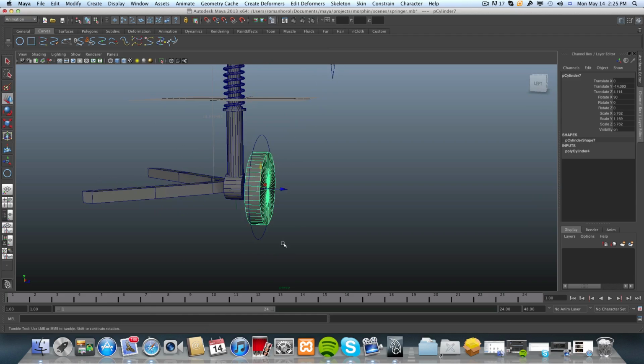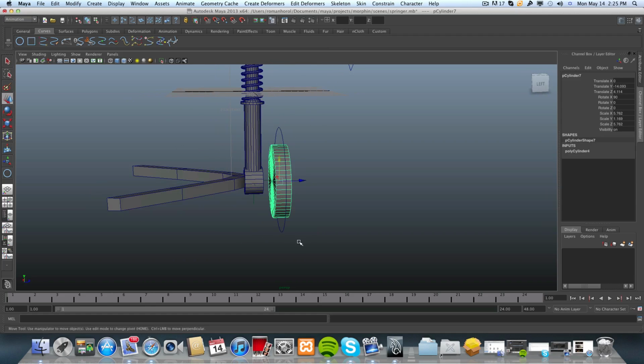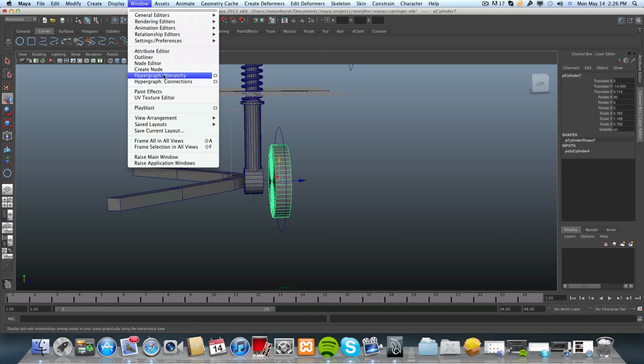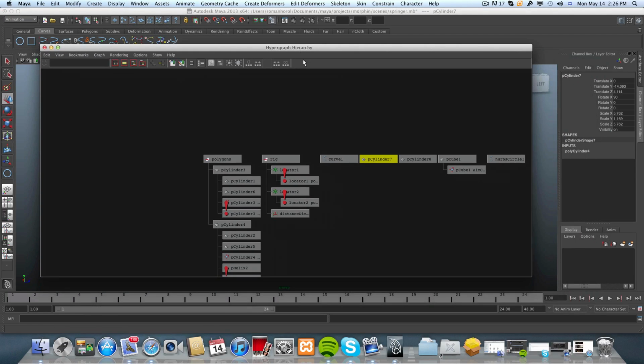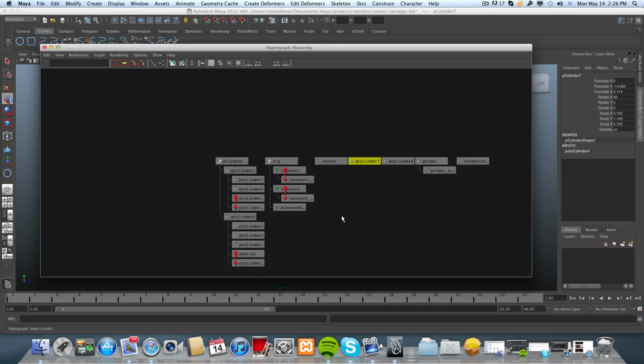Okay, so now we are going to the window, hypergraph hierarchy again, and now we have some more issues over here. So first of all, let's catch all the cubes, all those polygons, and let's add